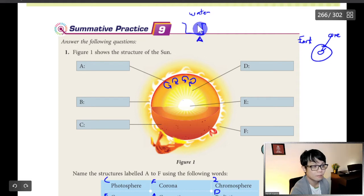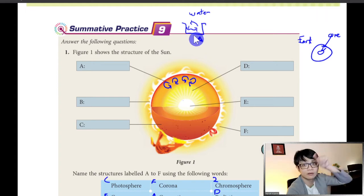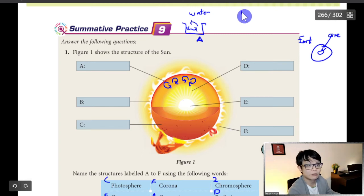So the water will become hot, it will move like that. But of course you cannot see, but if you put some coloring, you can see that it will turn around. Hot go up, cold come down. Let's say if I put ice water, and I put ice here,